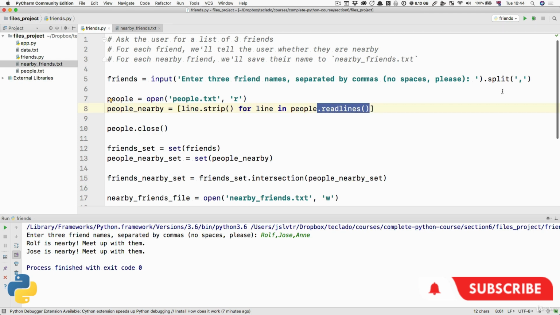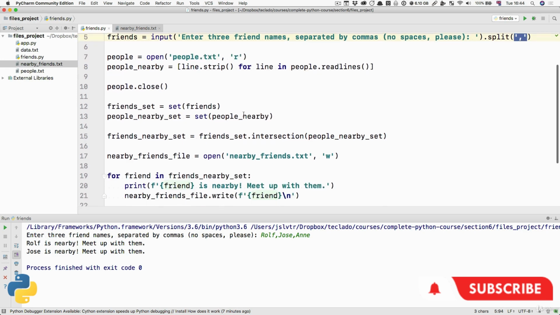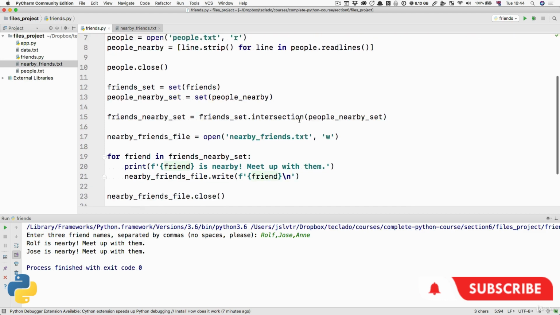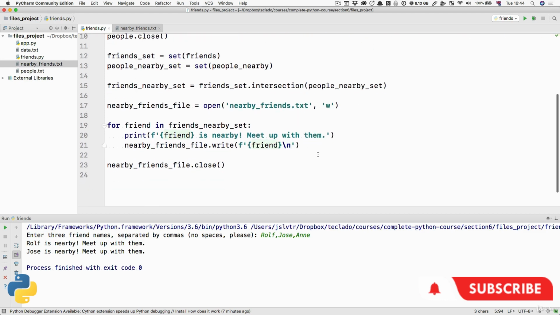I don't know if we've looked at the split method before, but if we didn't, then we've learned about that. If we did, we've reviewed it. It allows us to split a string into constituent parts according to a particular character in that string. And then we've also reviewed sets and using intersection to calculate matching elements. Remember I told you when we looked at sets that they would be pretty useful? They are pretty useful. And finally, we've also reviewed writing to a file, something a bit more useful. So that's it for this